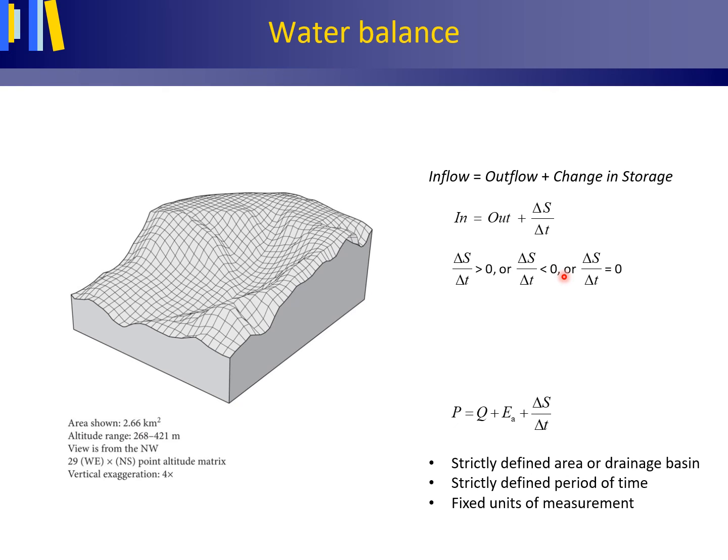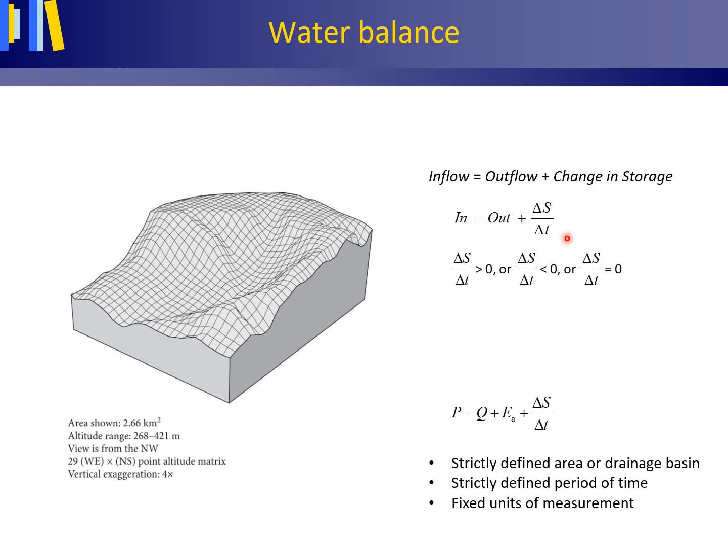If you were to look at the system for a hydrological year, for instance, you're looking at averages over that hydrological year, then the storage at the beginning of the hydrological year is the same as the storage at the end of the hydrological year, meaning that roughly there is the same amount of water stored in your unsaturated and saturated zone. So your water table levels may be the same, and your change in storage over the year then is 0. And then this bookkeeping equation simply becomes inflow is outflow.